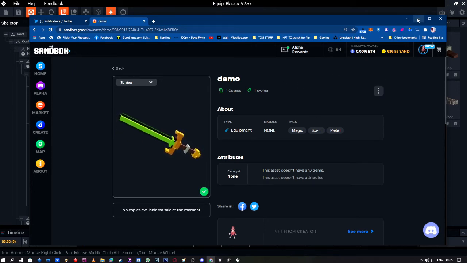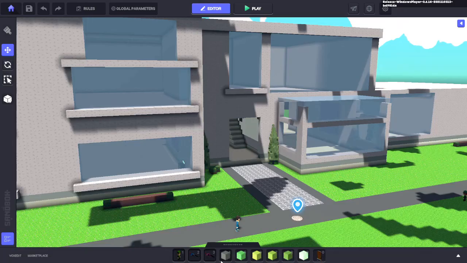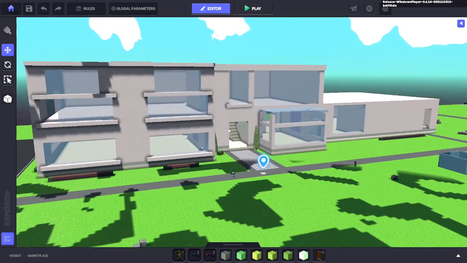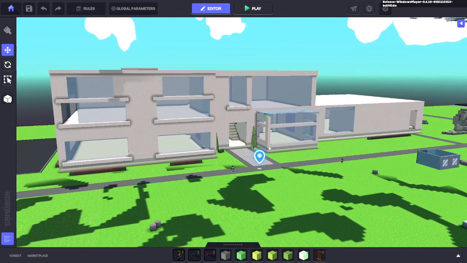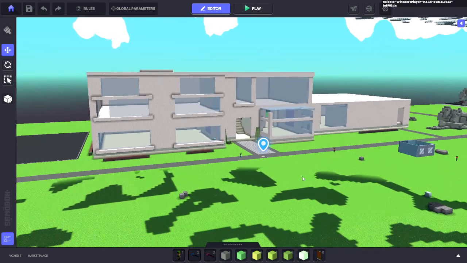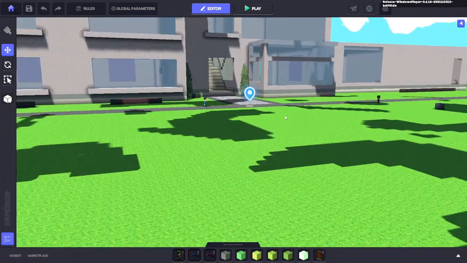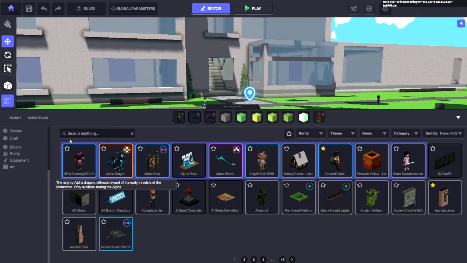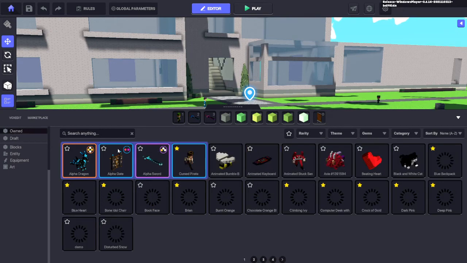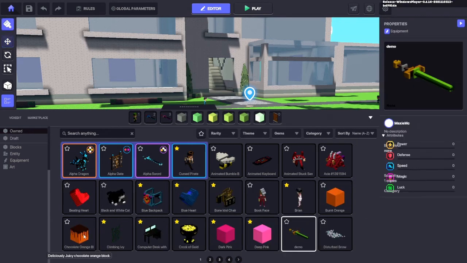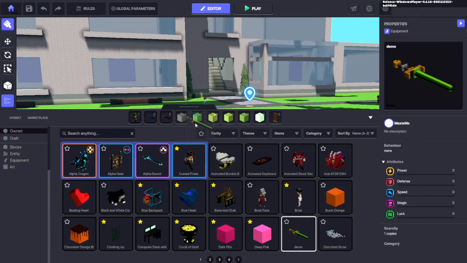Okay. So if we come out now and go into Game Maker. If you have an experience made already, then you go ahead and just jump in there. If you don't, go ahead and make a new experience. And do some building on the land if you want, but just to get your weapons in or the item that you just created, you're just going to press the L key on your keyboard and that brings up the library, and then you go to the stuff that you own at the top, and then you'll see your sword in here. So click it there, or you can drag it into one of these slots here if you like,